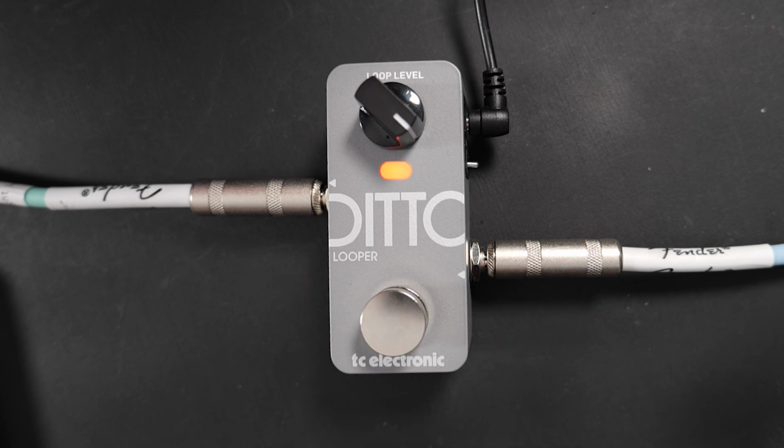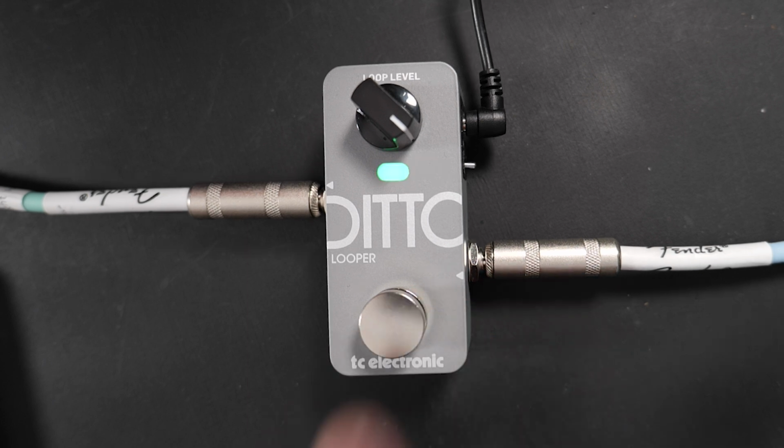2, 3, 4. 2 bar loop. 1, 2, 3, 4. Now you can hear when it cycles back round. Hold on, let me just turn down the volume of that. You've probably messed that up, haven't